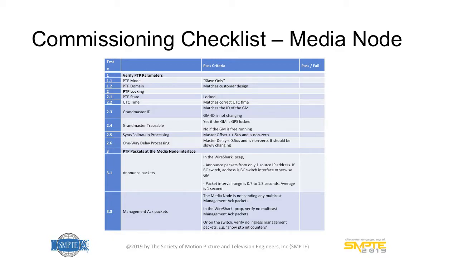You're going to be looking at the packets coming into the device, so again looking at things like announce messages. There are some packets you actually do want to look at leaving the device. In the 2059-2 standard, one thing some people have had issues with is that for management messages, you should not respond, but if you do respond, you can't do it as a multicast. Some devices were doing it as multicast, so you want to look at a Wireshark capture to make sure, are you sending any management ACK packets out? Alternatively, you could look at some of the statistics on the switches as another way of checking that.